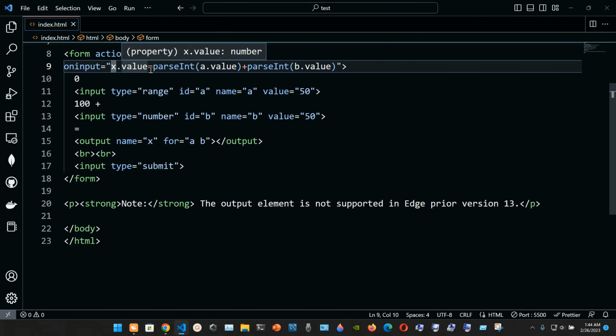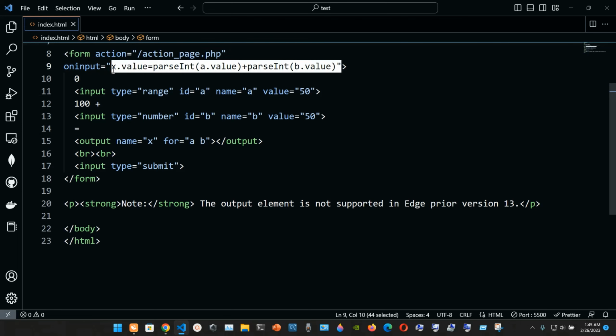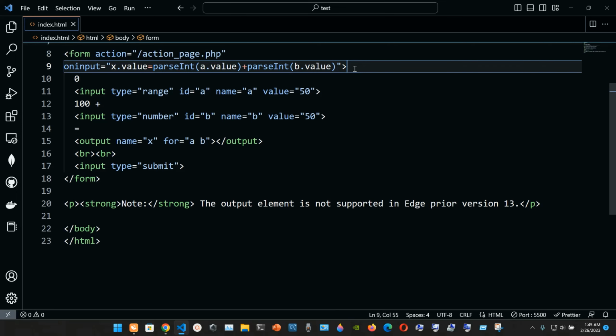That value equal sign, and it's gonna be set to the parse end open parentheses. We're gonna have a that value close parentheses plus parse and open parentheses b that value close parentheses, and we close the double quotes. And this is a JavaScript, so